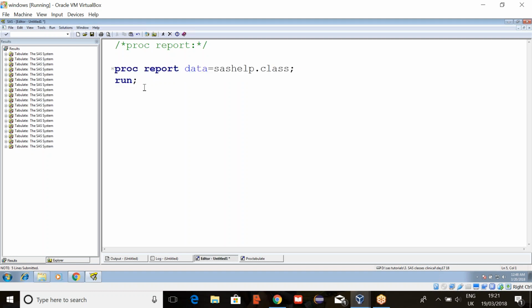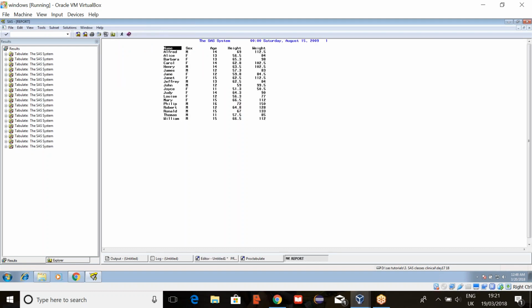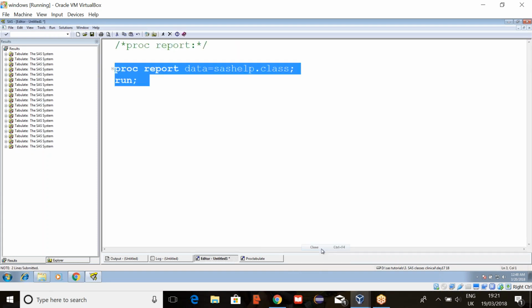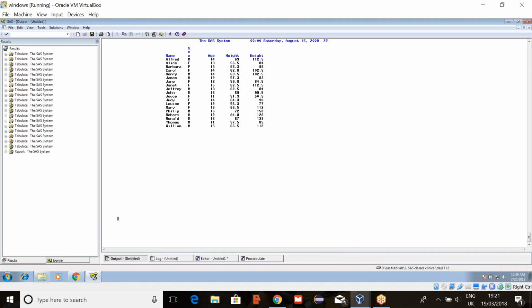Everything we can do here in proc report. We can generate statistics. Directly when you use proc report, it will open in another window called the proc report window. But usually we won't work in this window, so here we have to write nowd or nowindows. Then it will give you the output in the output window.